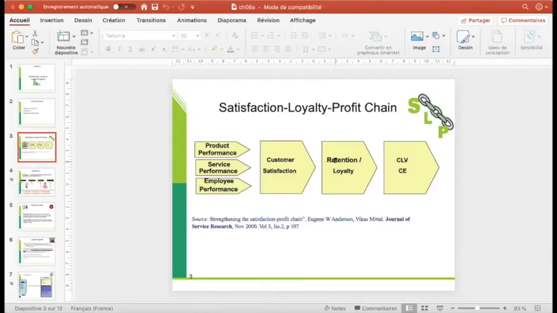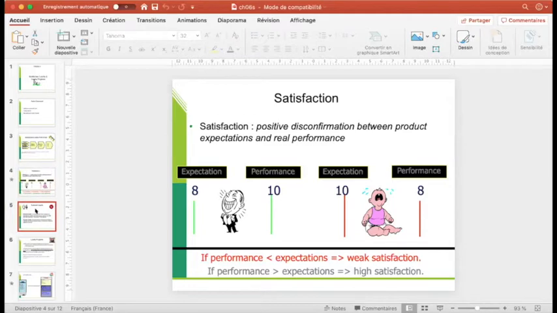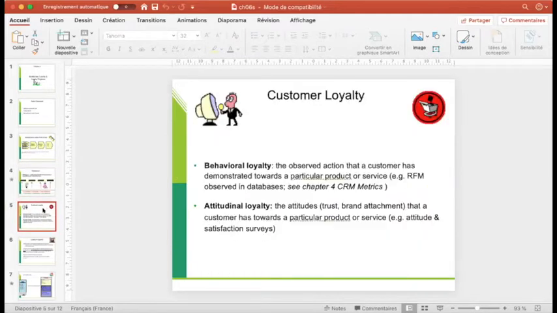The next concept is then loyalty. If we are satisfied or dissatisfied, this has directly a positive or negative impact on loyalty. If we're dissatisfied, it will have a negative impact on loyalty, and we will perhaps switch away to competitors' brands. If we are satisfied, we might stay loyal with the brand. And this can then be translated through behavioral loyalty and attitudinal loyalty. So behavioral loyalty is the observed action that the customer has demonstrated towards a particular product or service or brand. So for example,